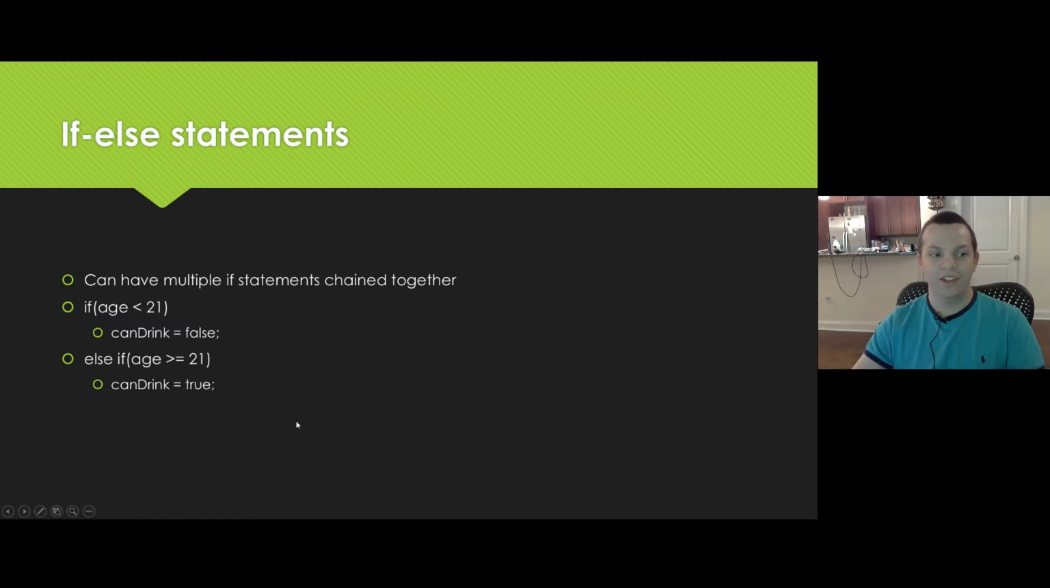So here's another example. You're able to have multiple if statements chained together. In this example, we have if age is less than 21, can drink is set to false because you're underage. And then this thing right here is called else. This is the else statement, and this else statement has another if statement on it. So what happens is, let's say